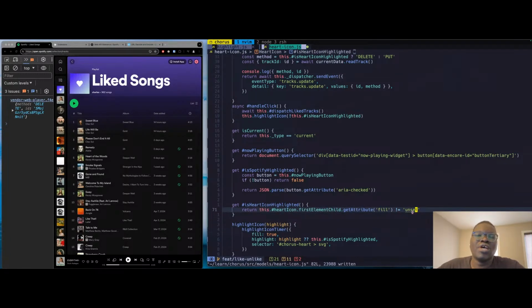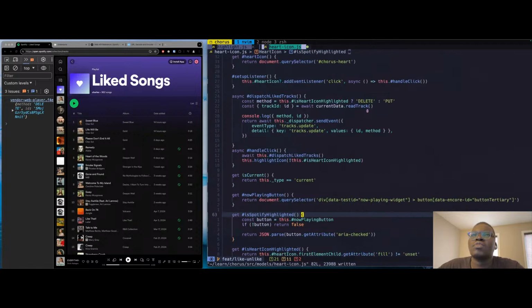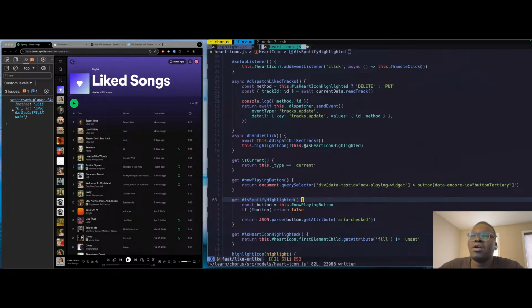Probably easier to just use unset because otherwise, if we ever decide to change the color for the fill, so if it's not highlighted, if it's not unset, then it's highlighted, and that should work. If it's highlighted, we delete, otherwise we put it. And does that work for here? We want to send the opposite. Yeah, I think that's